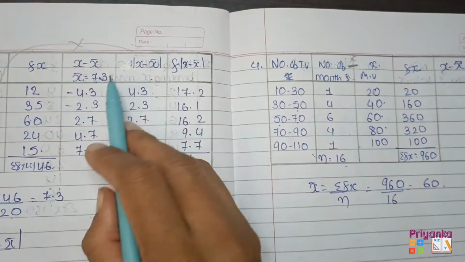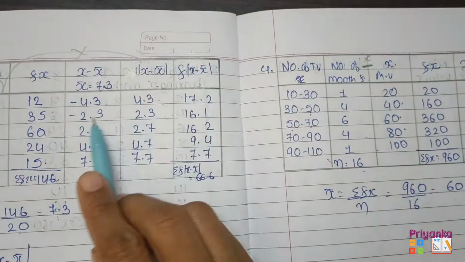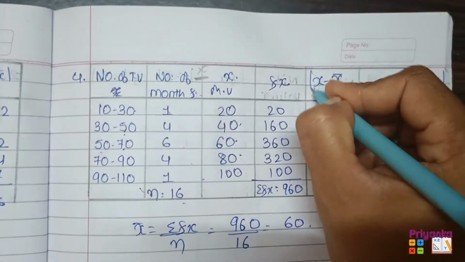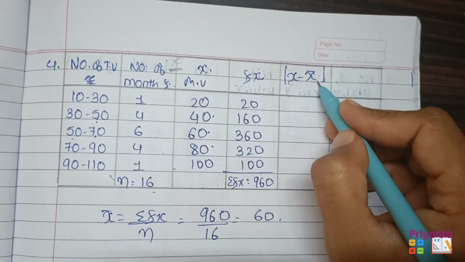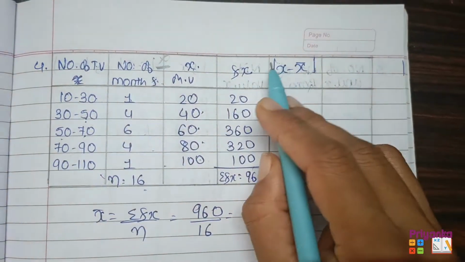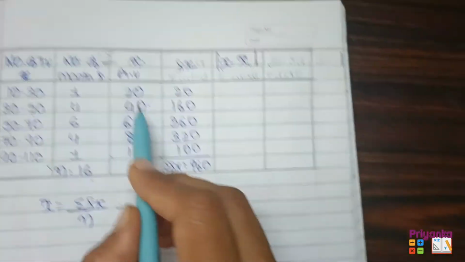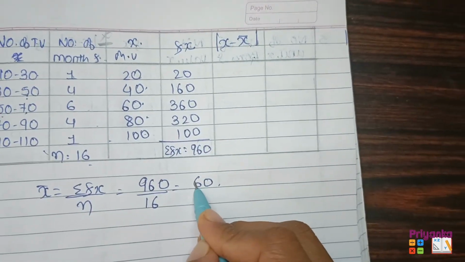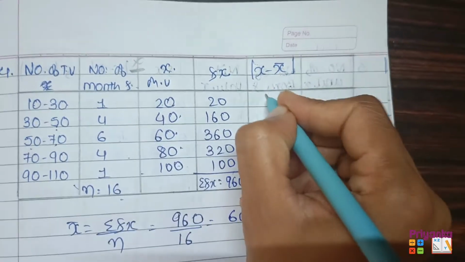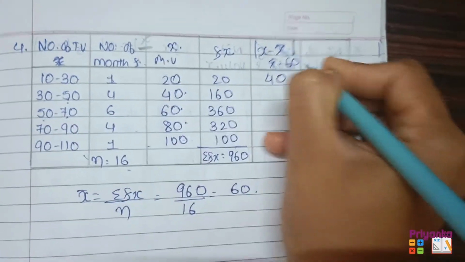Now here I am introducing it by keeping the absolute bracket, it is not compulsory, I just used it for the explanation. आप डायरेक्टली भी ये वाले कॉलम को एब्सोल्यूट ब्रैकेट के साथ ढूंढ सकते हो. बस इतना ध्यान रखना, जब आप माइनस कर रहे हो यहाँ पे कोई साइन माइनस की नहीं आएगी, क्योंकि एब्सोल्यूट ब्रैकेट के अंदर सारे पॉजिटिव ही आंसर होते हैं. So let's start. 20 minus 60, obviously the answer will be minus 40, but we are doing it inside the absolute bracket, so we will directly write down 40. Here x bar is 60.